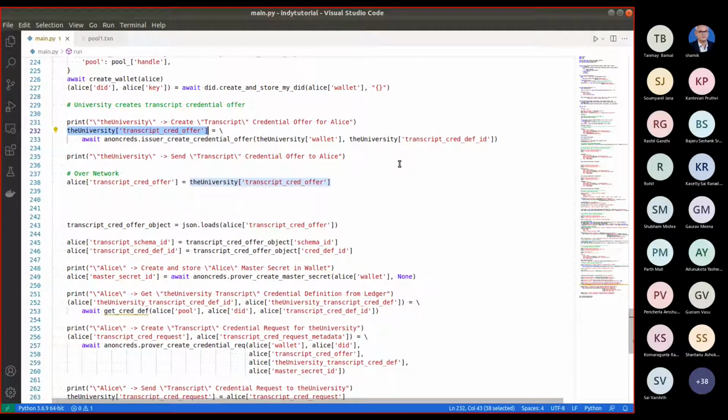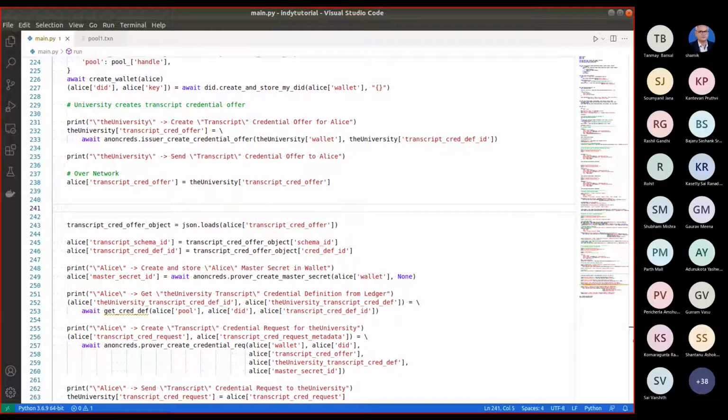In a real application, you will use the internet to send the offer to Alice. Here we have just reassigned it from the university variable to Alice's variable. This can be over HTTP, over TCP, whatever. So at this point, Alice has the transcript credential offer.